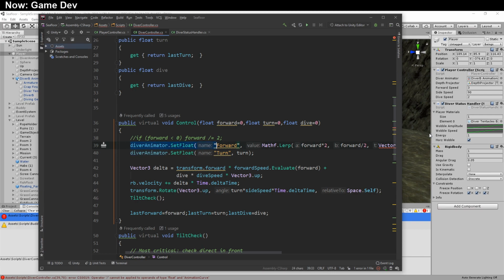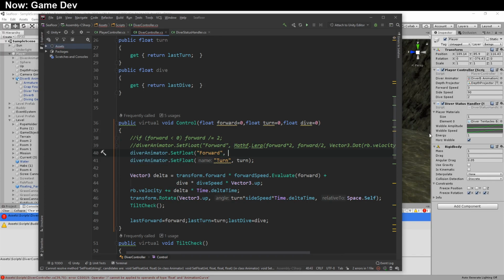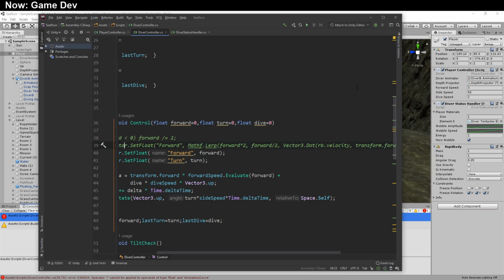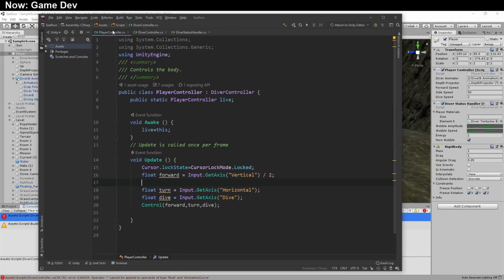Seems a little complicated for no particular reason, so we're going to go ahead and copy it out and just set it as forward. The only issue here is that there won't be any lerping, but we should be lerping in the axis itself because we're not getting the raw axis, but we are getting the raw shift axis. No, we're not. We're going to go ahead and